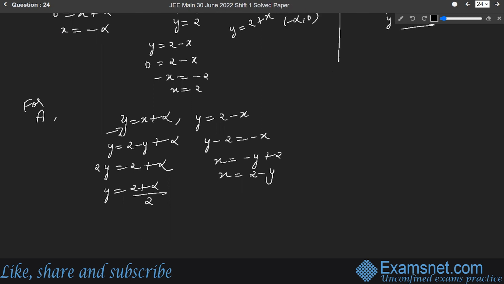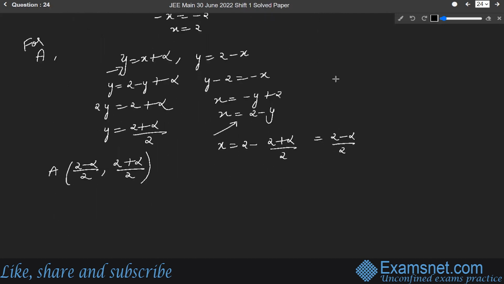Okay. Now put this value of y again in this expression. So we have x is equal to 2 minus y. What is y? (2 plus alpha) upon 2. All right, so it will be equal to (2 minus alpha) upon 2 after taking the LCM. You can see that we have the value of y and x, okay, and we have found this value for A. It means that the coordinate of point A is, what is the x coordinate? (2 minus alpha) upon 2. And what is the y coordinate? (2 plus alpha) upon 2.